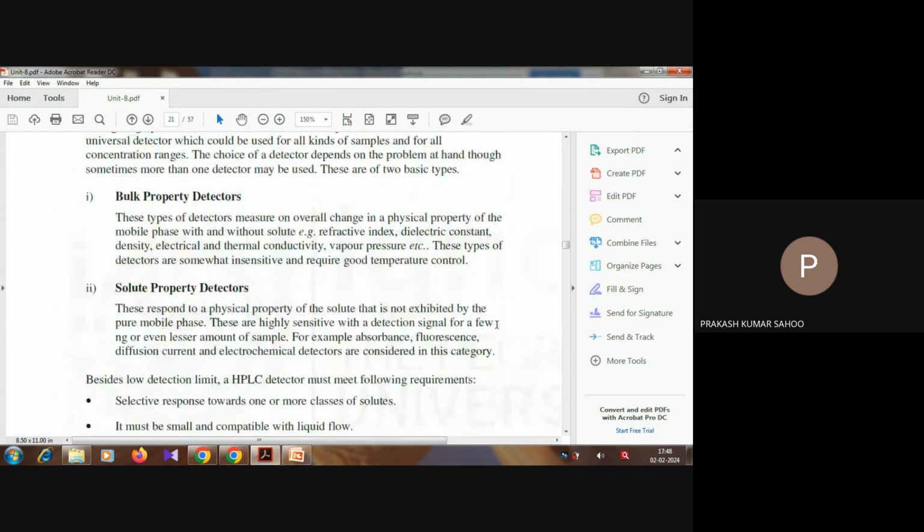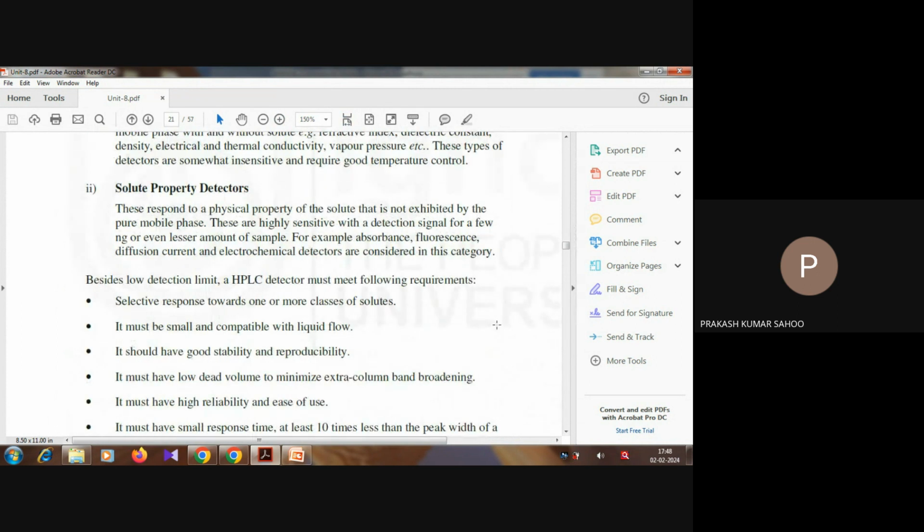These are highly sensitive, with a detection signal for a few nanograms or even lesser amounts of the sample. For example, absorbance, fluorescence, diffusion current, etc. can be considered. So besides the low detection limit, HPLC must meet the following